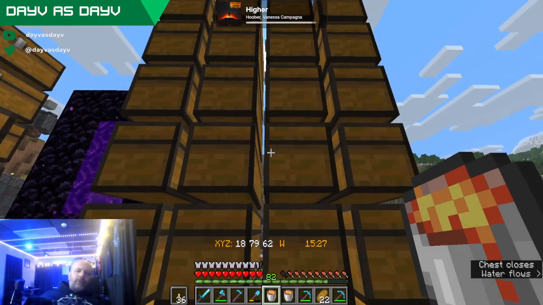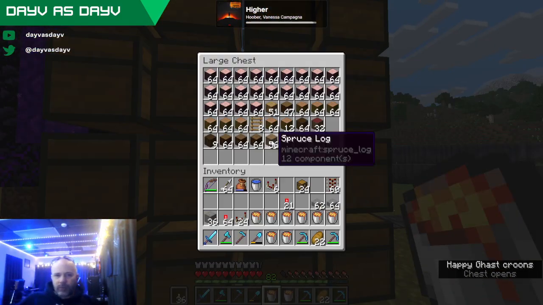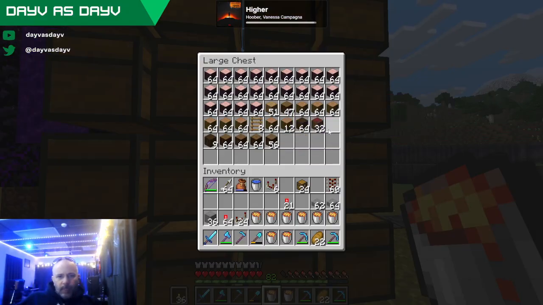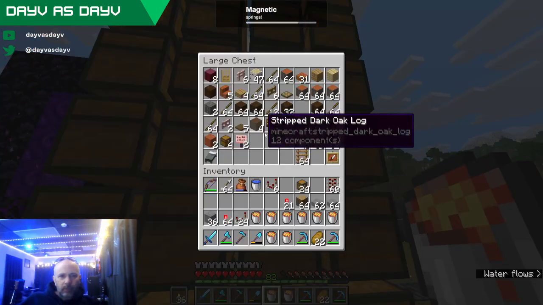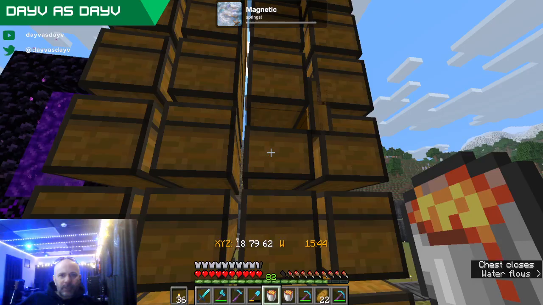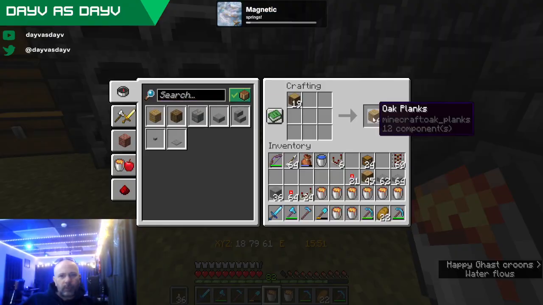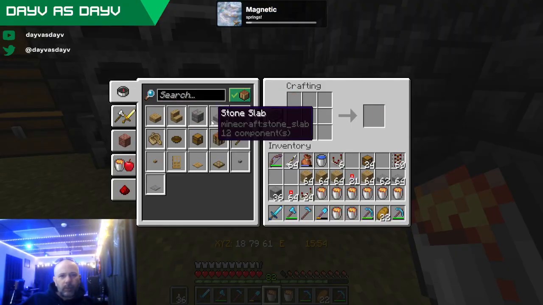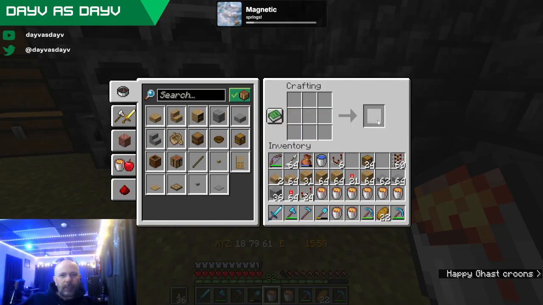All right, what else? We need some slabs to be able to make our barrels. Barrels are made of slabs and planks, I believe. I just do them all. Anyway, 1, 2, 3, 4, 5, 6, 7, 8, 9, 10, 11. And how many barrels did we need?